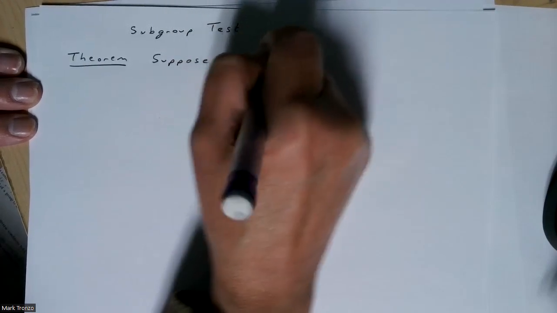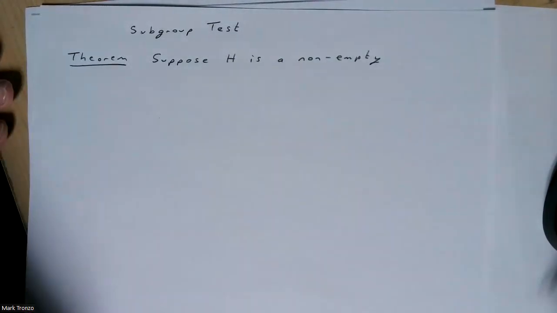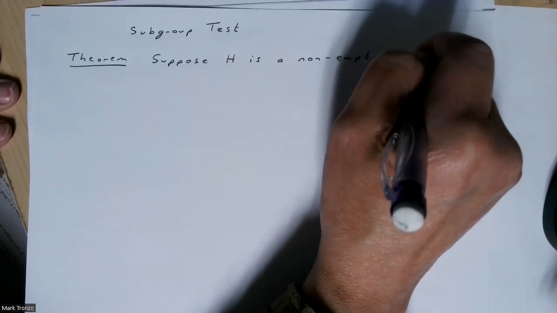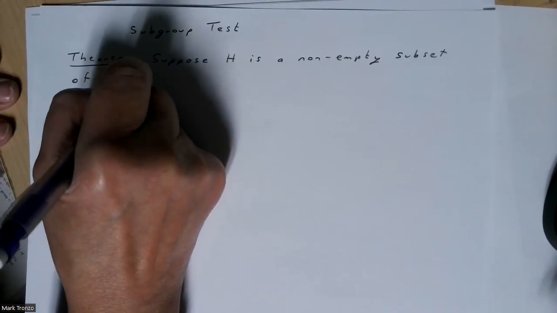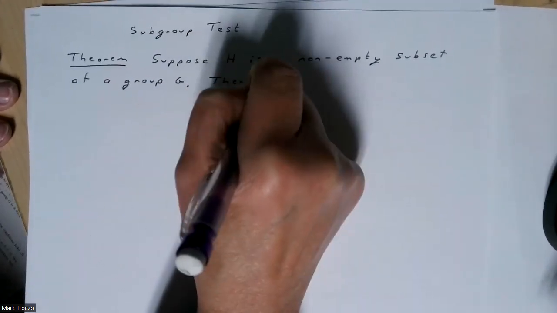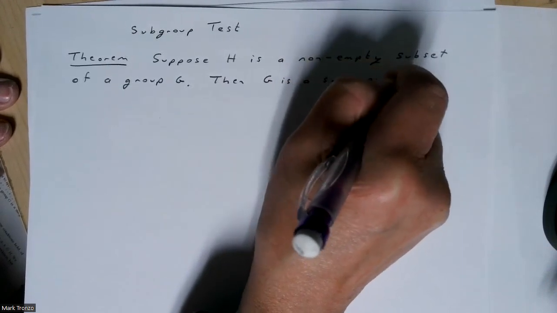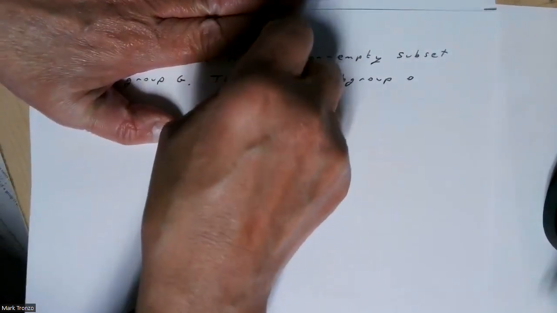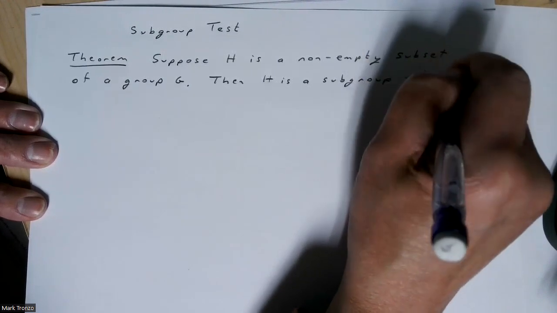Suppose H is a non-empty subset of a group G, then H is a subgroup of G